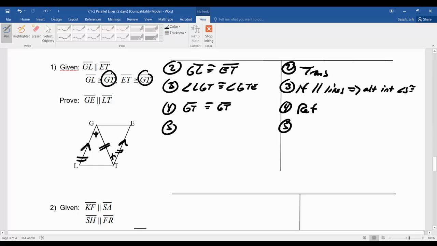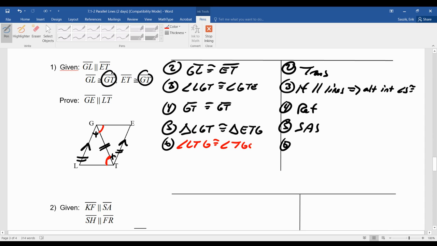And I think I got triangles now, right? Triangle LGT congruent to, if I say it'll be ETG, and that's by SAS. What can I take from those triangles? Well, I hope you guys see I can take this angle here and that angle there. Angle LTG congruent to angle TGE, CPCTC, but that allows us to get GE parallel to LT